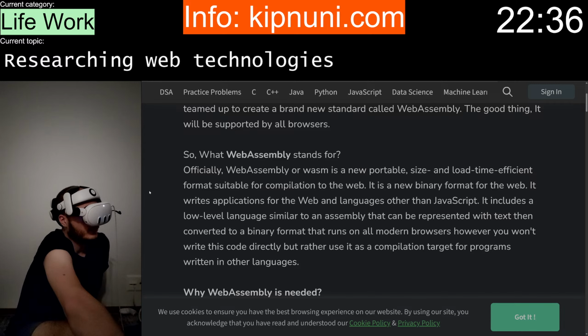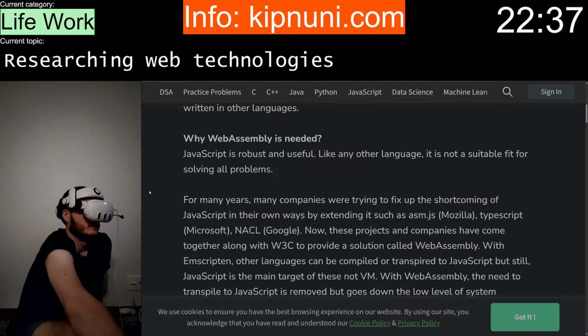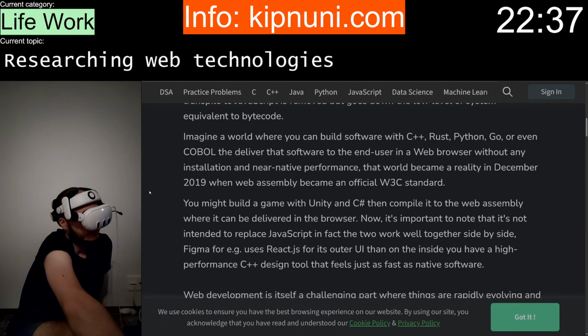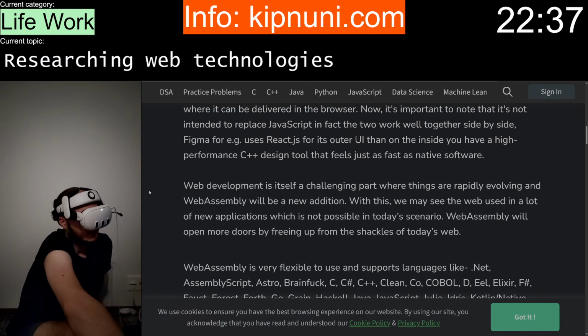Official web. Low level language. Okay. WebAssembly.